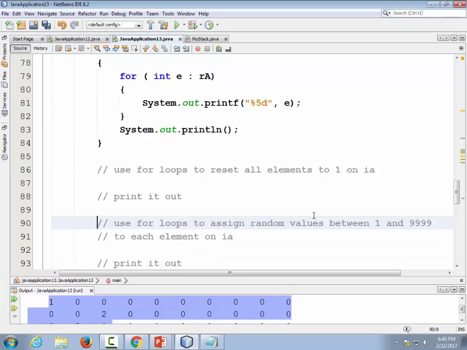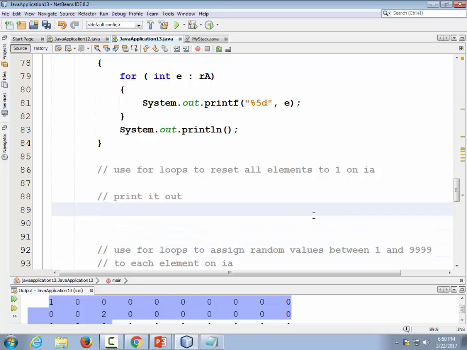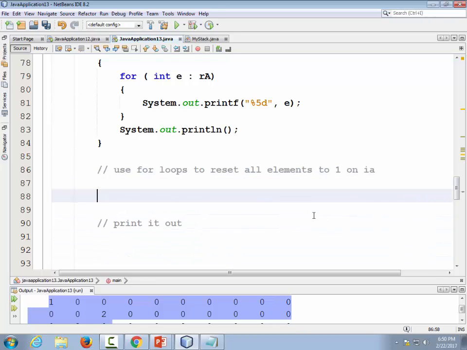To get the random values, we're going to use a random class. But firstly, let's just reset everything to 1. So we're not going to use for each. Why? Because that doesn't let us change the values. We're going to use for. I'm tired of typing the whole word row and column, so I'm going to get even lazier and just make it R and C. R is 0, R is less than IA.length, R++,